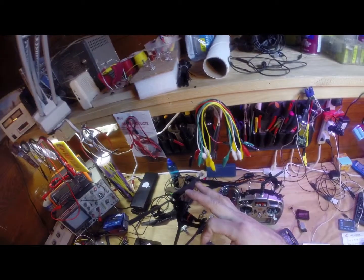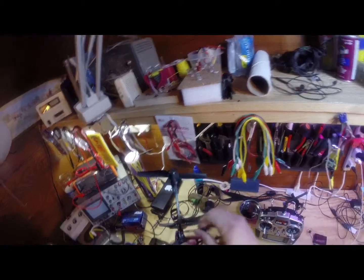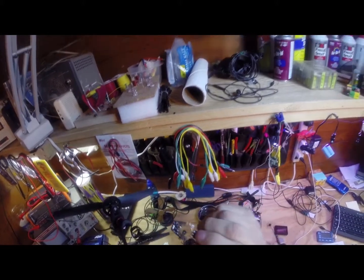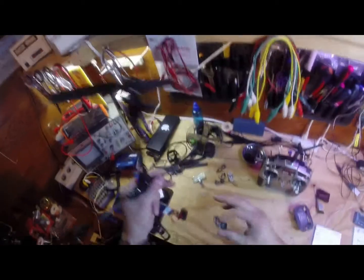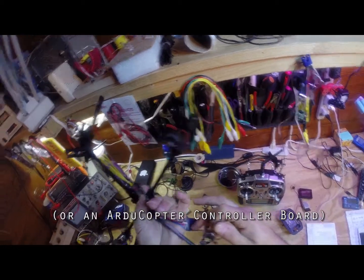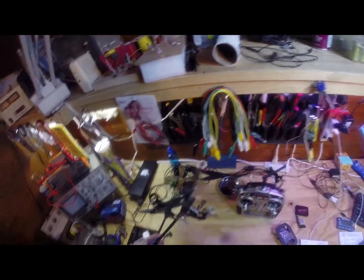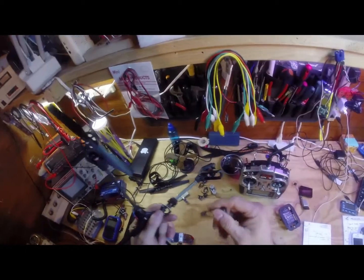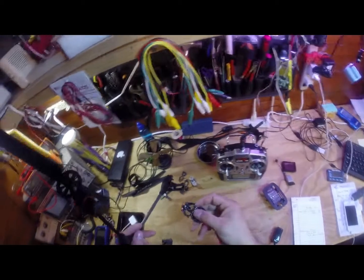drone to the motor. But since the motors are just standard brushless motors with 3 wires, as you can see the 3 connections on the controller here, I just decided to try connecting a standard ESC from a helicopter, a spare ESC that I have here, to the motor to see if I can get these motors to run with standard ESCs, and then control by a quadcopter controller circuit board from Hobby King for $20, and just fly this helicopter